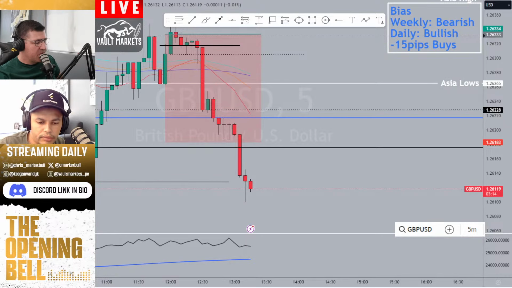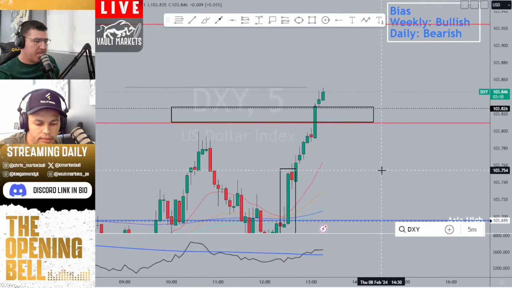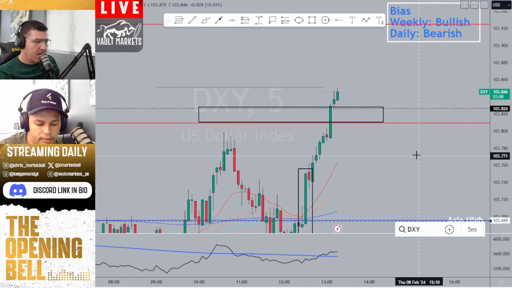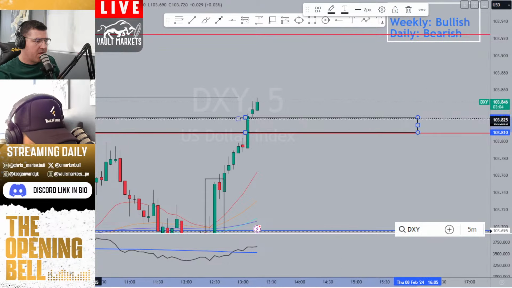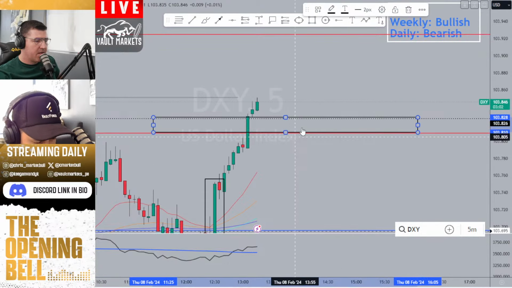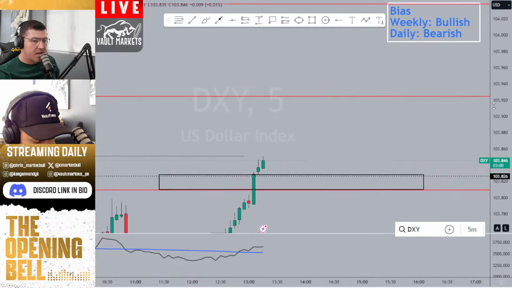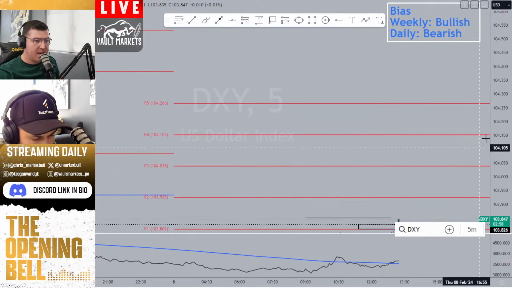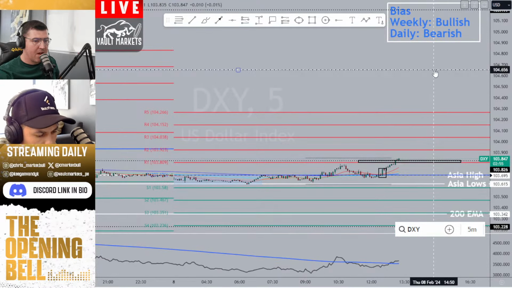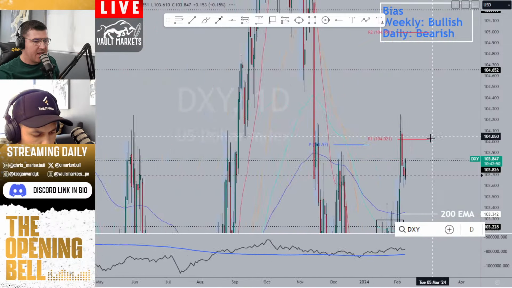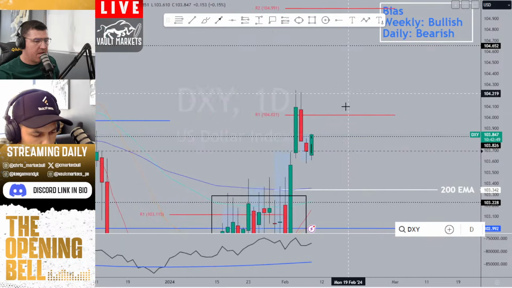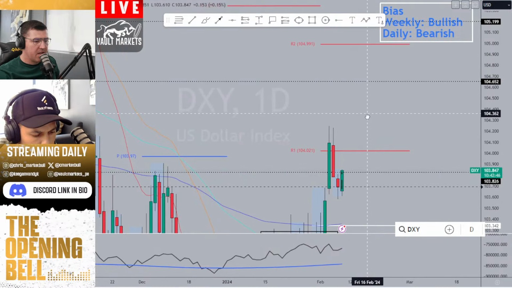Chris, do you think the DXY will run to that R2? Yeah. Remember, here's that key level. So if it holds above this key level, very easy. Here's the thing with DXY. DXY can easily run to 104.65 because that is where that key level is sitting. So if we start holding here, this thing can very